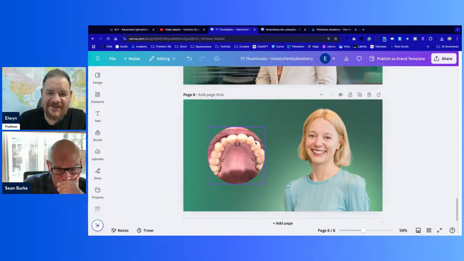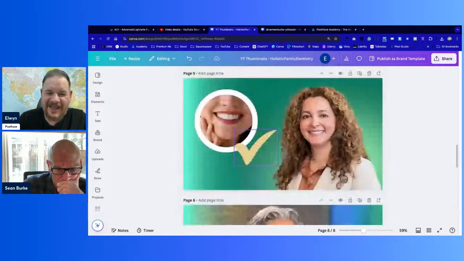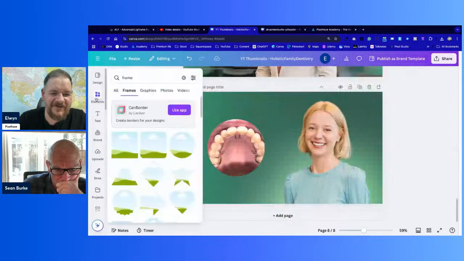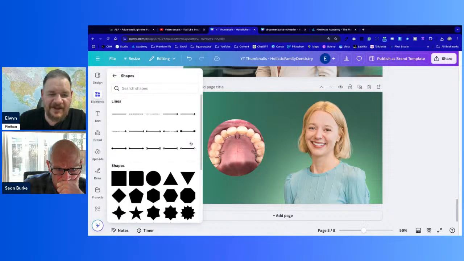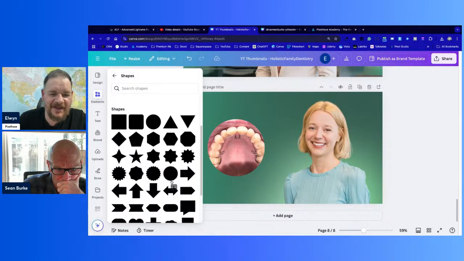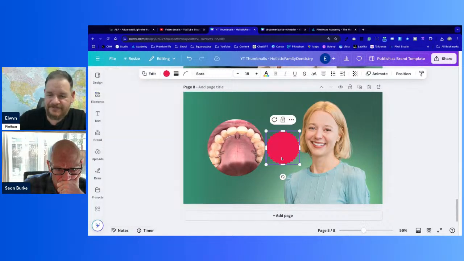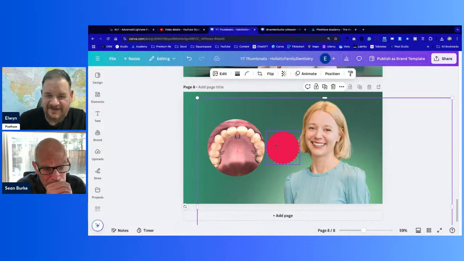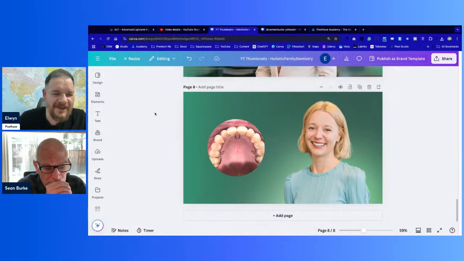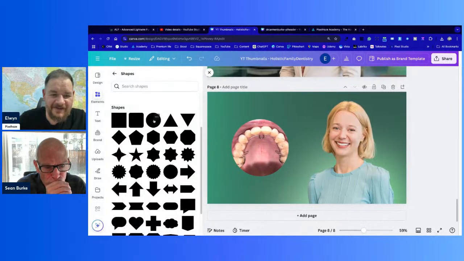I could cheat here in this case and just go and copy this element and bring it in, but I won't. What I'm going to do is go back to elements and just get rid of the search. And we can see shapes comes quite high up here. So we can, again, search for all of those shapes just after a simple circle. Didn't mean to do that. Just remove that. It's not letting me delete it. There we go. So if we go back, I'm going to select circle,